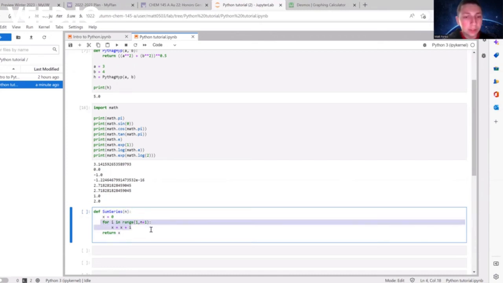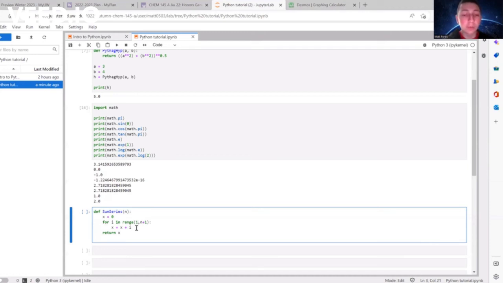What this is doing is that it takes this line of code and repeats it a specified number of times. Here, specifically, it's taking its parameter i, and it's ranging it from 1 to n plus 1. So what this for loop does is it first runs this line of code with i equals 1. Then it repeats it with i equals 2. And then it increments i by 1 every single time it repeats it.